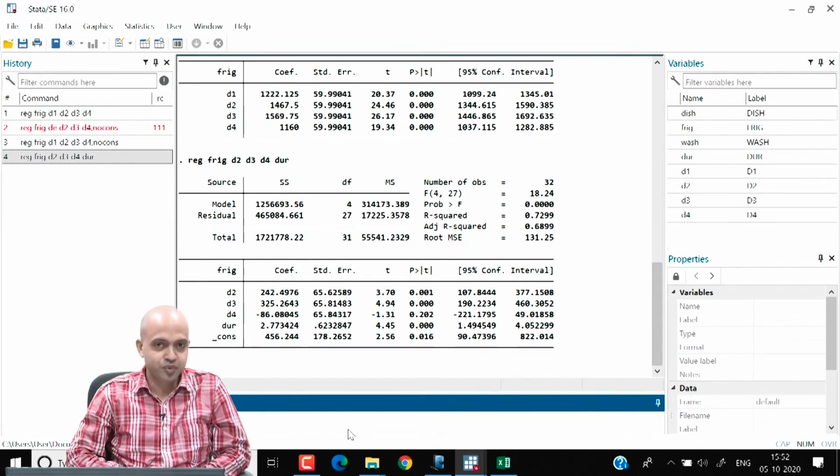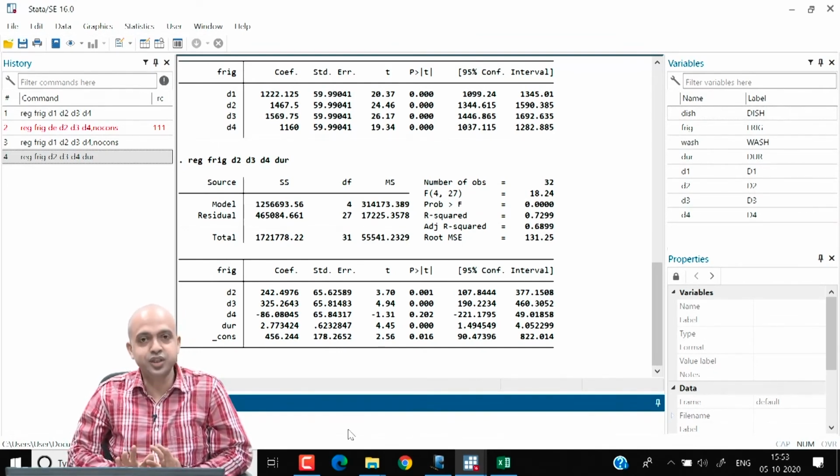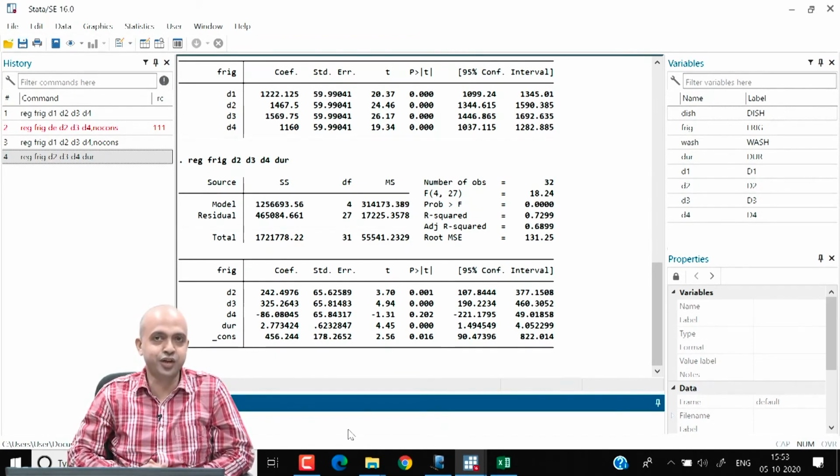If you believe that different quarters will respond differently to this additional expenditure, then you have to interact the seasonal dummies, quarter dummies, with this covariate. But that we are not doing here, assuming they are the same. You are not complicating the model. But we have to keep in mind, okay, every additional expenditure on durables results in 2.77 unit more sales in